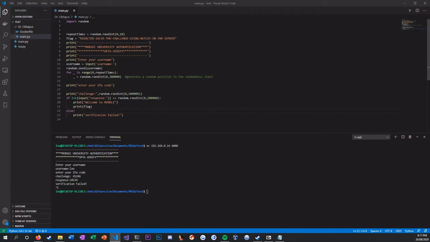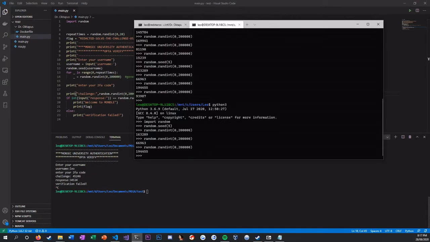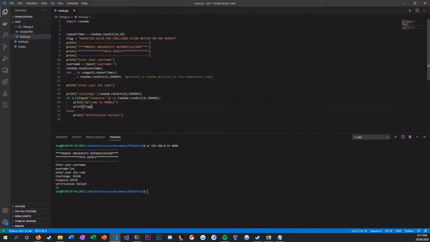It is printing a challenge with a random number, and then asking you to see if your input is equal to the next random number. And so essentially, we need to figure out whereabouts in the chain of random numbers we are. Now, it's a bit more complicated than it seems, because the first thing this is doing, before the value has been seeded, it is setting the variable repeat times to be a random integer between 0 and 20. And we don't know what this is. And for that amount of times, between 0 and 20, it's generating a random number. So we are somewhere between 0 and 20 steps along in the chain already,